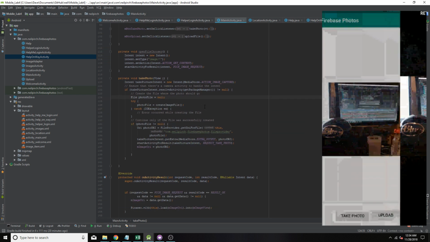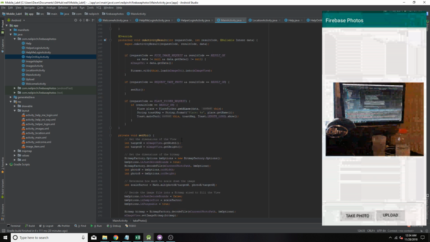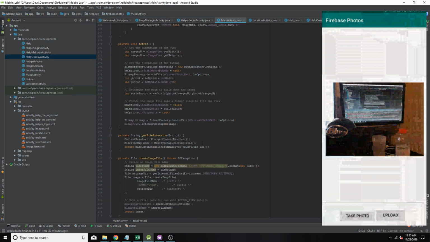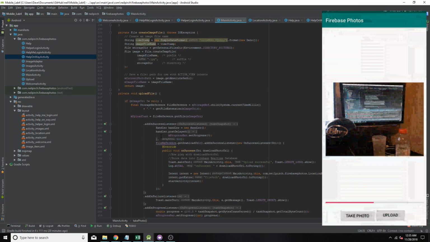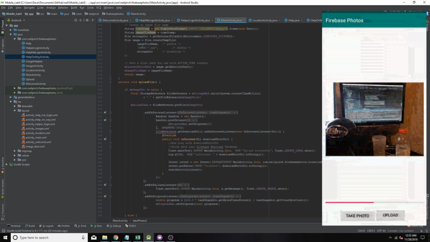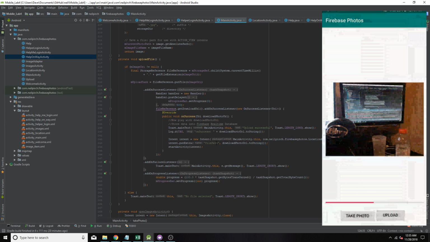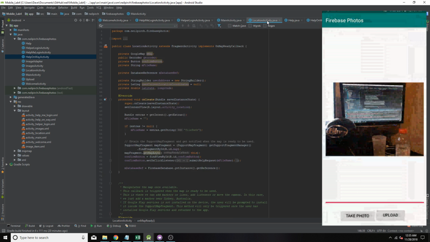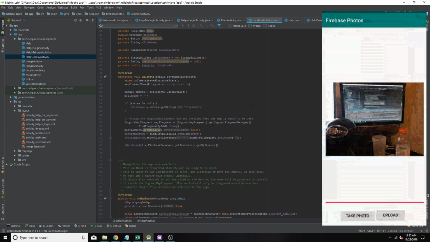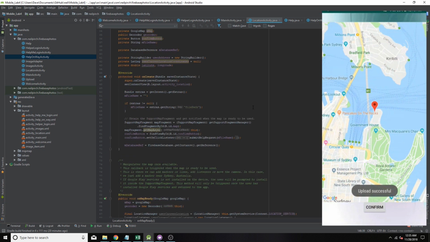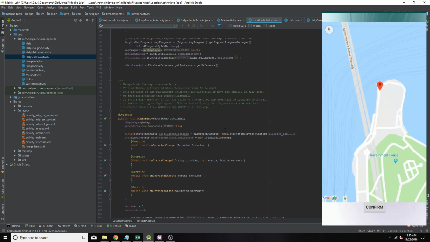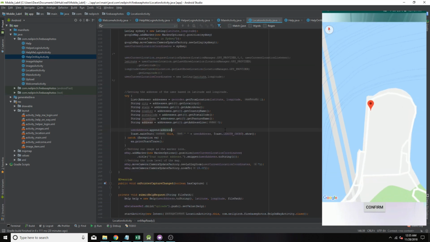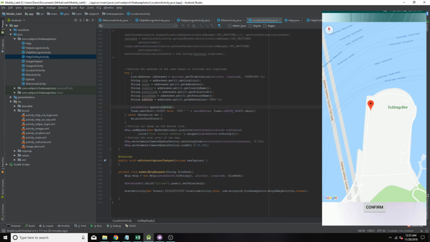That image is then passed on to the image view, which you can then upload into the Firebase storage. Doing so will then pass the URL of that through an intent over to the location activity. This brings up a map where the user can essentially confirm their location on the map, and it will get their address, and when they click confirm it'll upload that information over into Firebase,